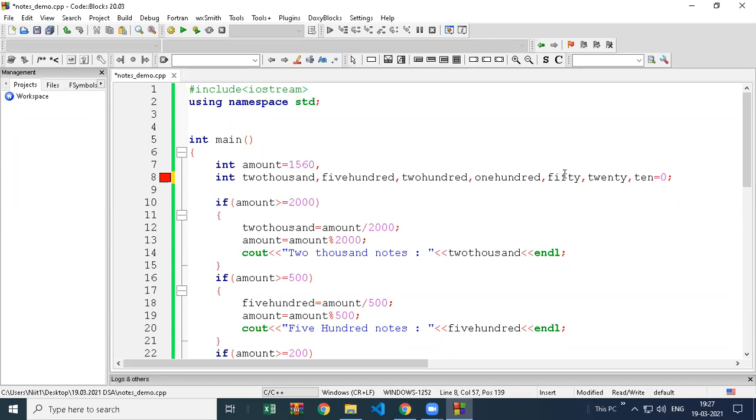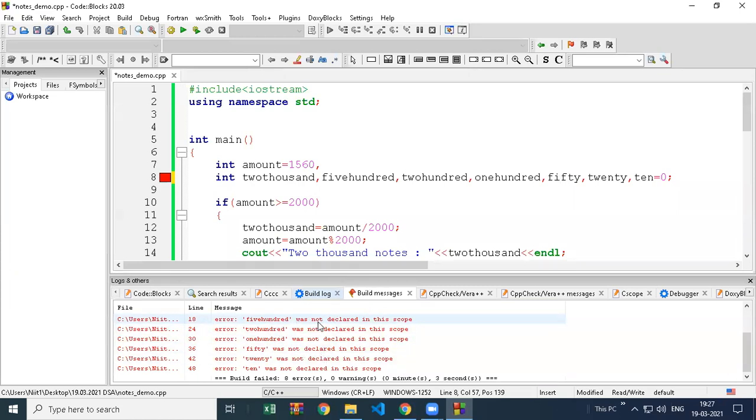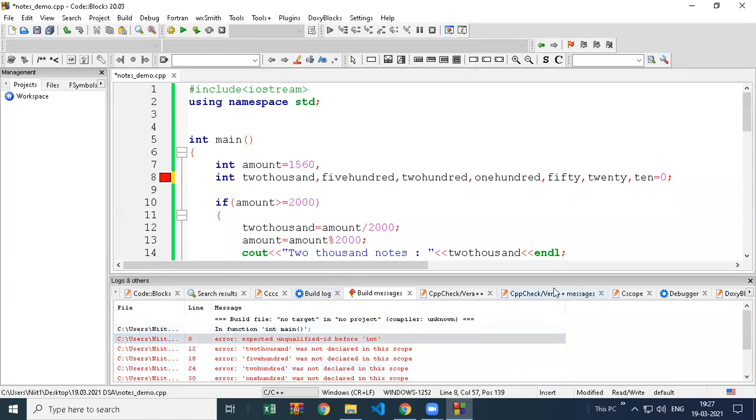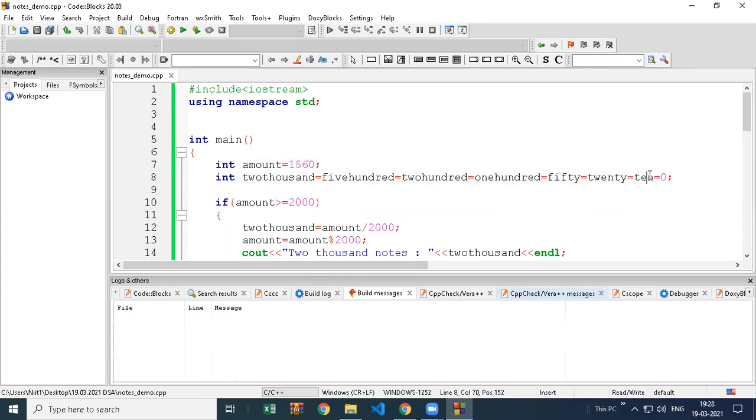Okay, sir. But I think it will not give 0 value. It is giving error. Comma will also not give 0 value to all. It's giving an error: semicolon or comma in the 7th line. Yeah, this is the problem. Correct. Very good. So this was the problem. We have to write equal to, and here semicolon was required because of the first variable. These variables were getting error.